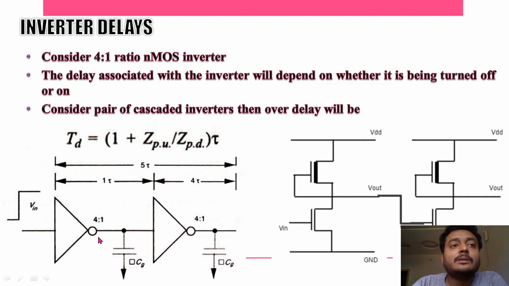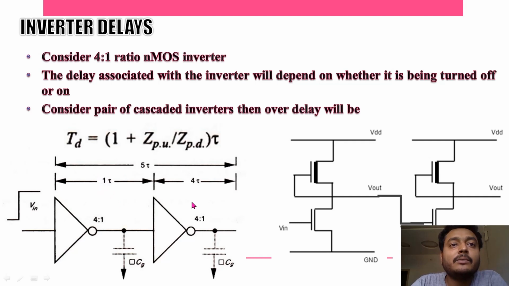For this delay, this is only a 1 is to 1 ratio. So the sheet resistance RS value will be 1 time RS, and we are seeing capacitance as CG here. Because in this case, whatever the delay is, R into C is the delay, right? So 1 time RS into 1 time CG, that means your 1 tau. So this is nothing but 1 tau. What is tau here? Tau is nothing but sheet resistance into standard gate capacitance. Okay, so this will be 1 tau.